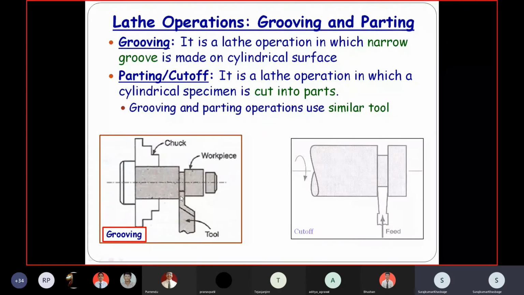अगर आप एक्सिस तक कट करोगे तो it will be cut down into two pieces. If you just insert this tool not to the axis but to any other part, it will make a groove. So the same tool can be used to perform both operations, grooving and cut off. That is also called the parting operation. It can cut the part into several parts.